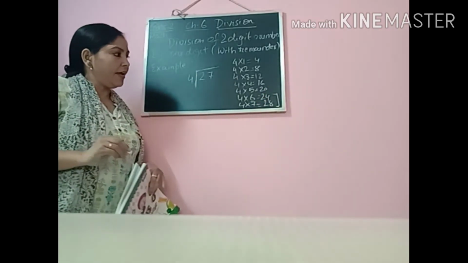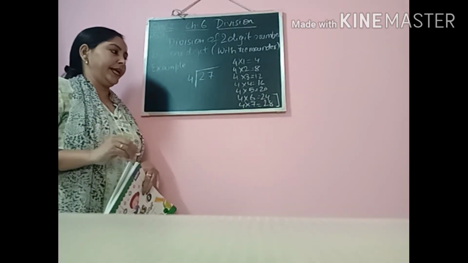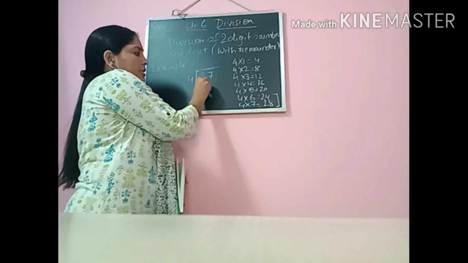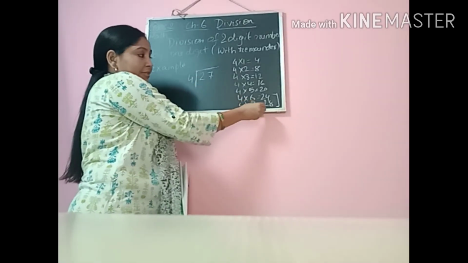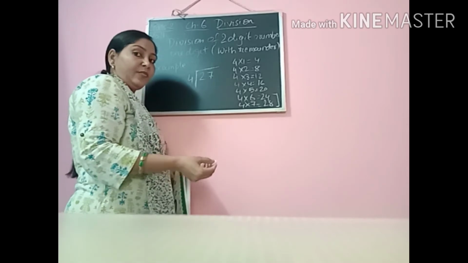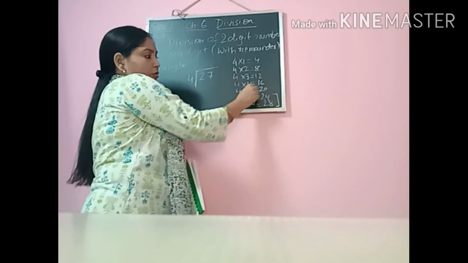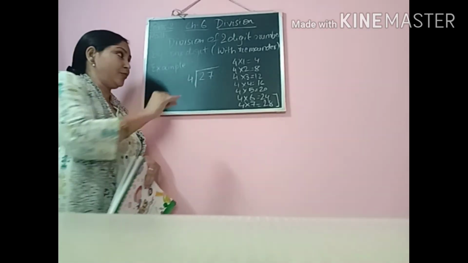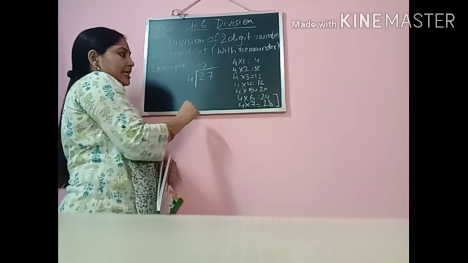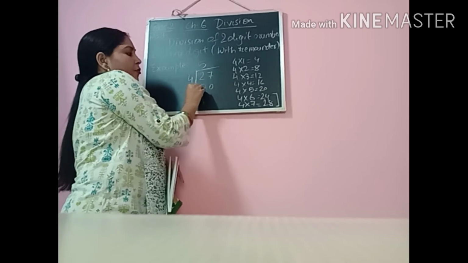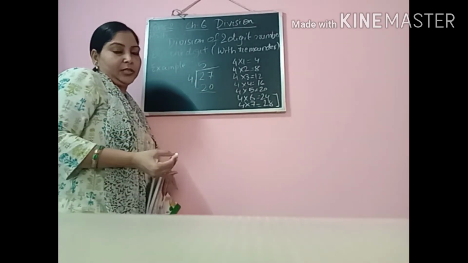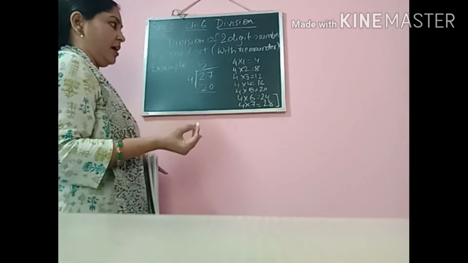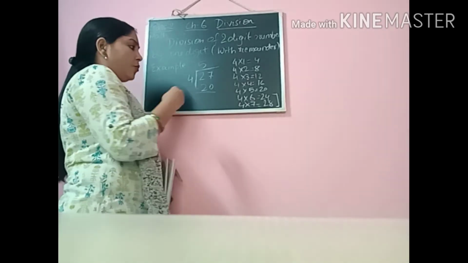Now if I go by 4 6s are 24, if I take 4 7s are 28. So 28, what happens? I cannot take 20 also. 4 5s are 20, say for example, I am taking 4 5s are 20. I'll make you understand this also. If I am taking 4 5s are 20, you may have the question, ma'am, why can we not take 4 5s, 4 4s? So why can we not take it?